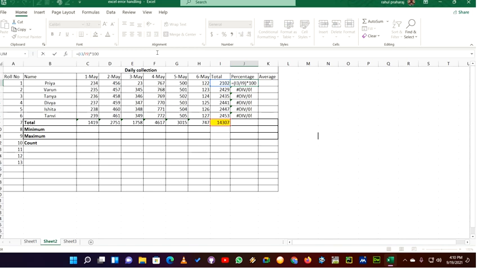So how can I make it? By using the dollar sign. I am fixing the row and column both, especially in this total cell. This cell should be fixed because, as these are getting updated, this should be fixed because the total is fixed for all the rows, right?